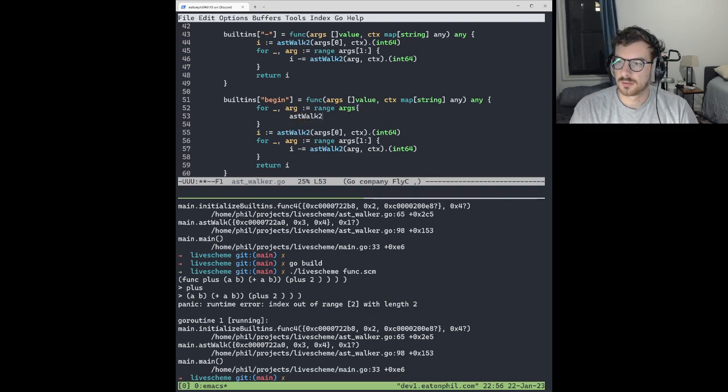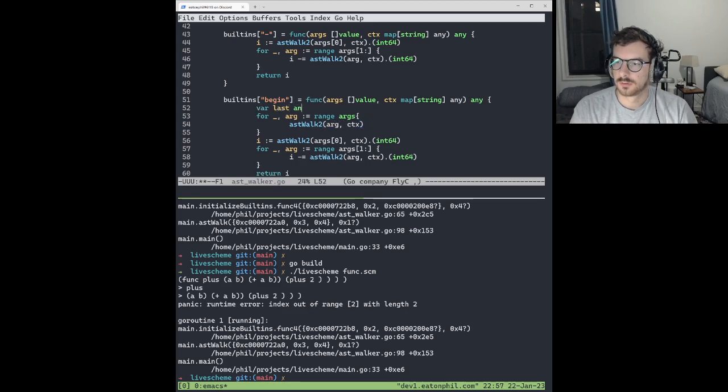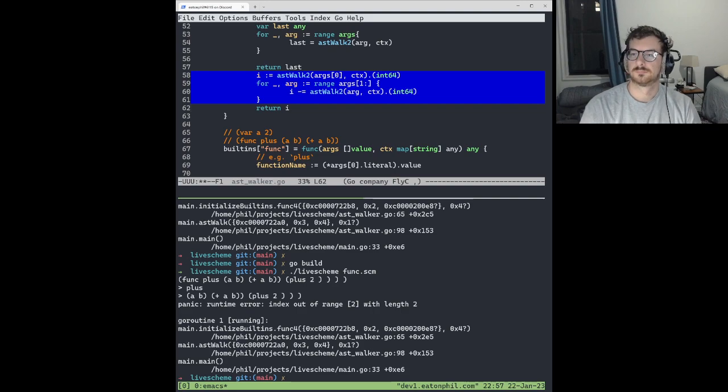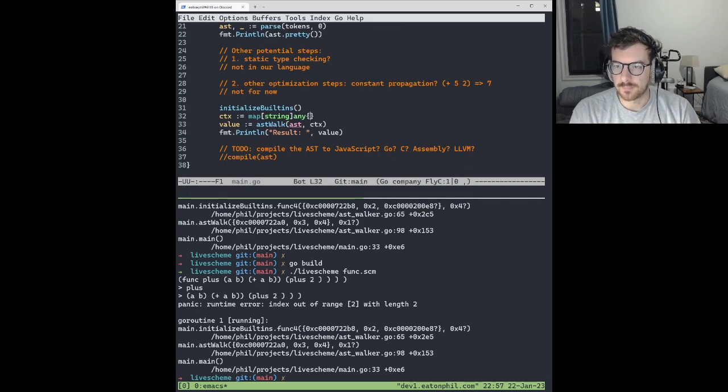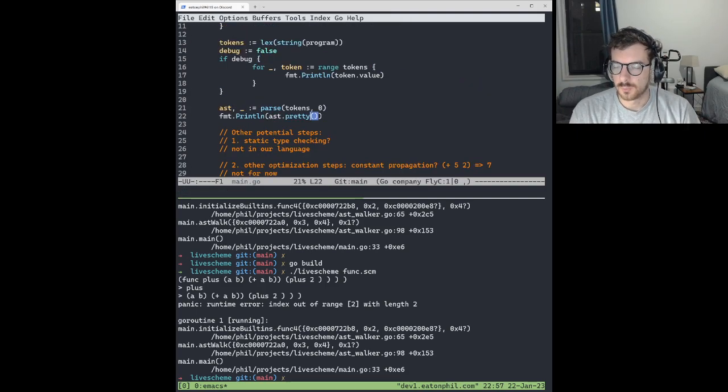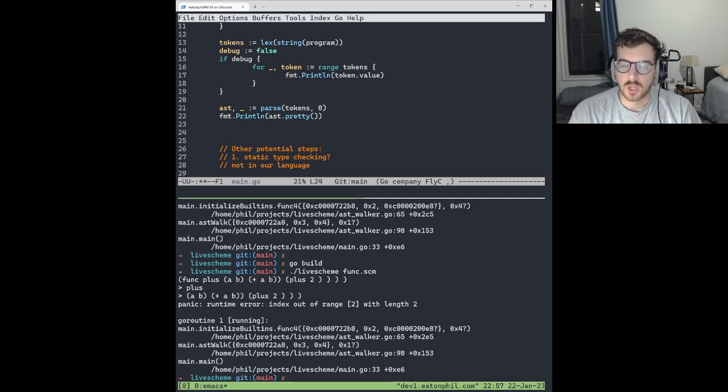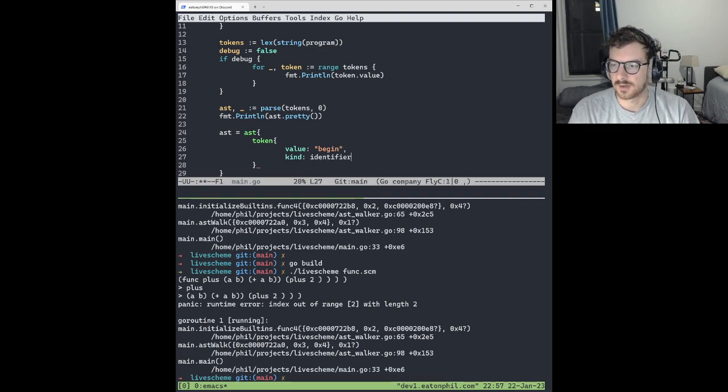AST block arg context. And in addition to supporting this begin in here, the trick that we do is that when we get back an AST, we wrap the AST itself in a begin block. So we say the AST equals AST token value in kind identifier token,